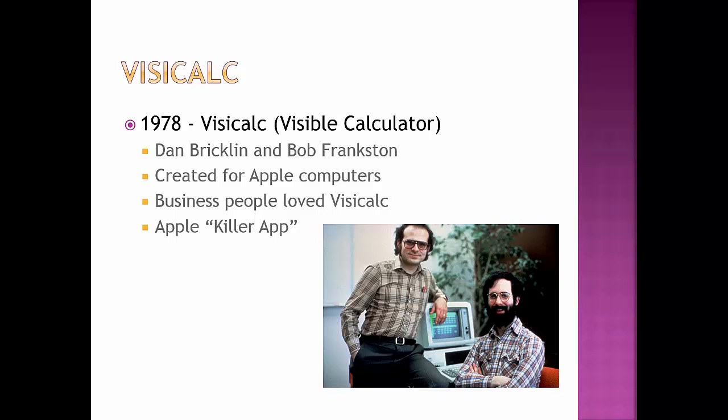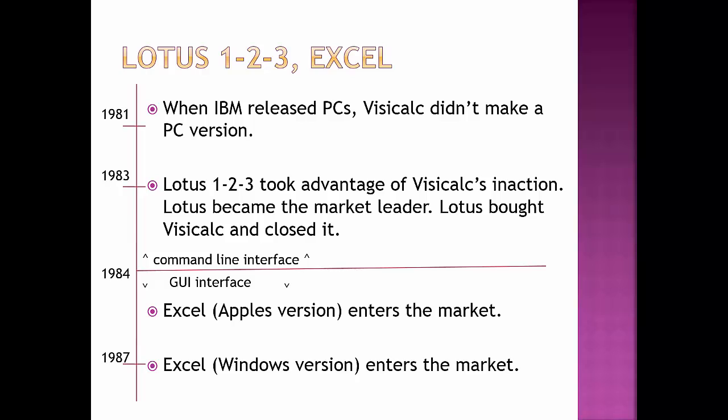Because small businesses, mom and pop businesses, didn't have an accounting software option because it only existed on mainframes, right? So this VisiCalc software sold a lot of Apple computers because people wanted it so much. And so these guys did very well. They made a lot of money. And as you can see from this timeline right here,